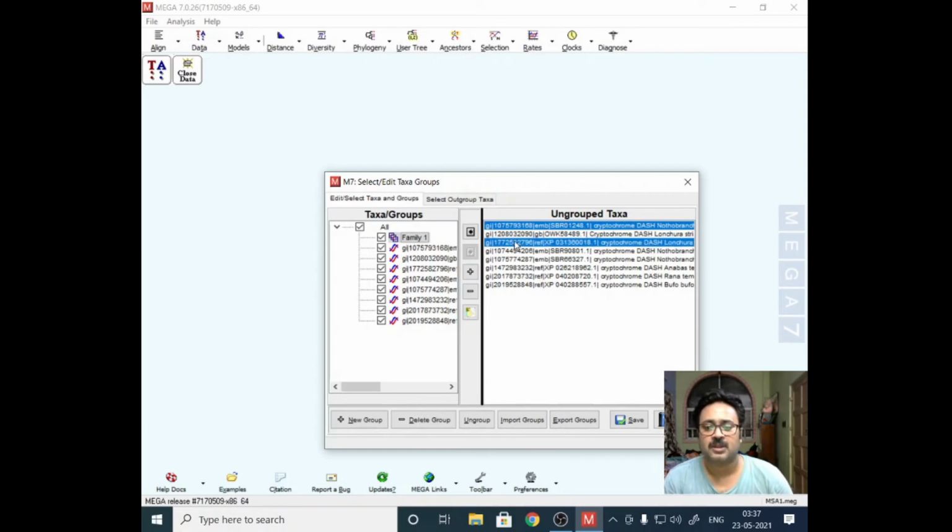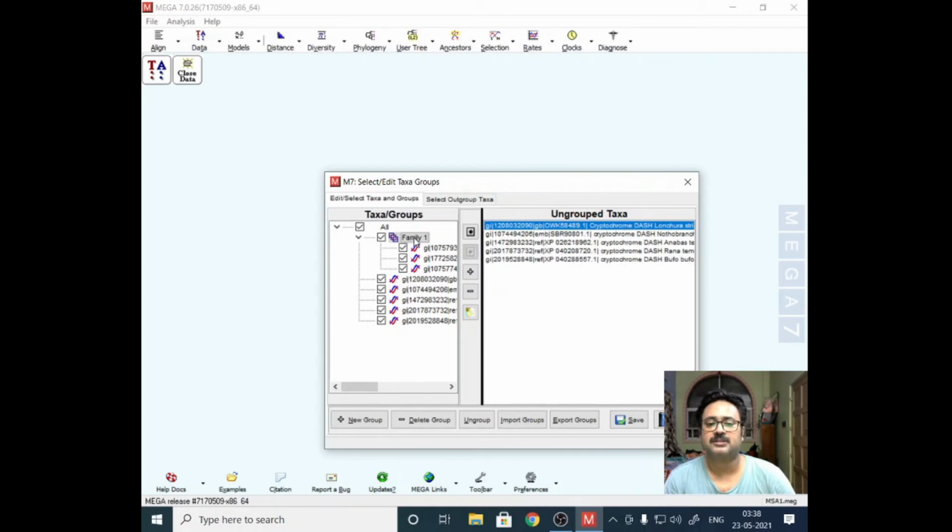Suppose these 3 are from family 1. I have selected them using control and clicking. After I have selected all 3, I click this arrow here, and these 3 sequences now fall under family 1 or group 1.